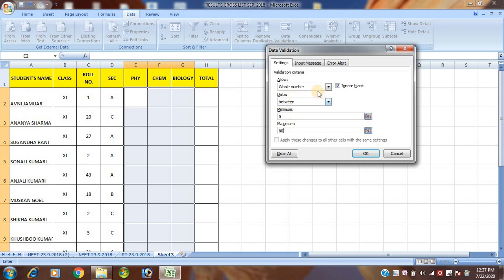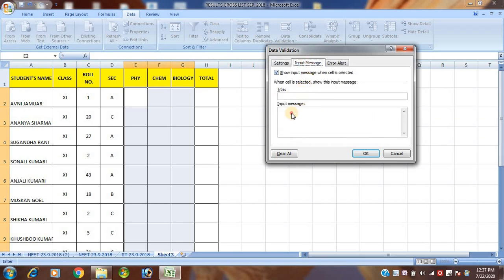Is that clear? Then click on the input message. Here I want to display the input message: insert the value from 0 to 80. Okay, then error alert, I want to insert invalid data.